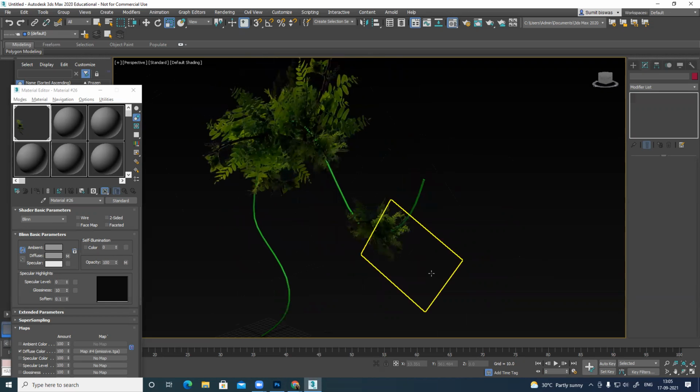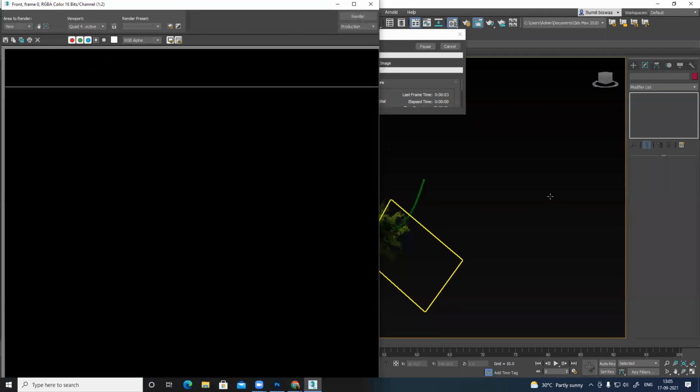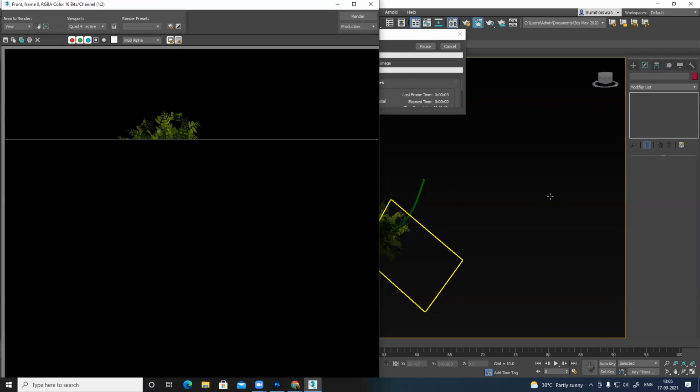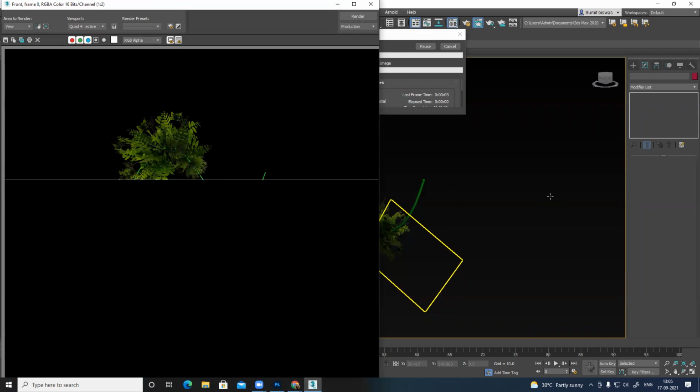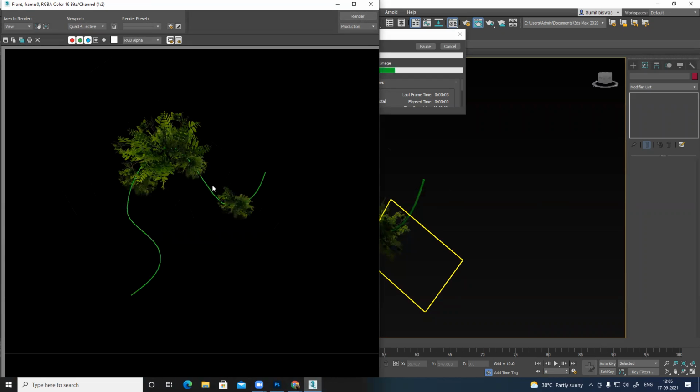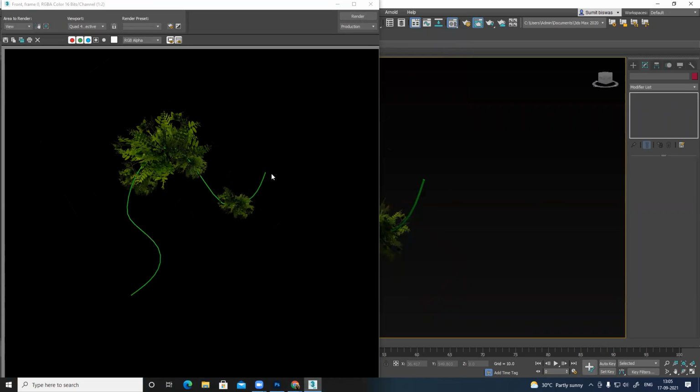So from a distance, if you render it out also, you can see, if I add more, it will look like a vine very easily. It can be a tree, can be anything. You can use this thing.